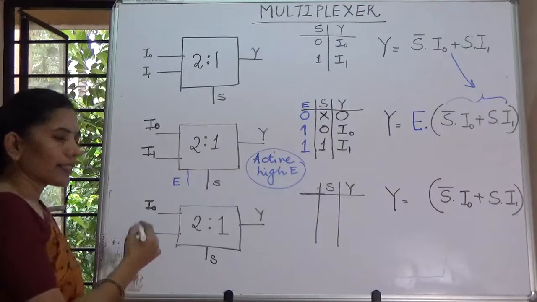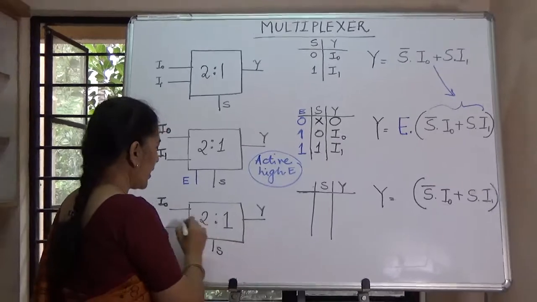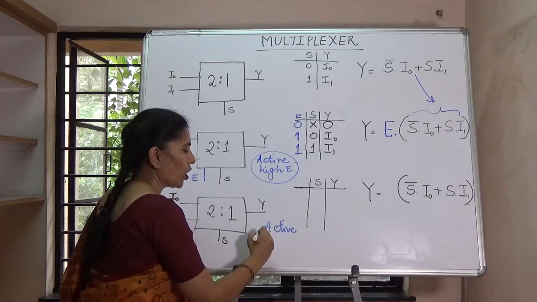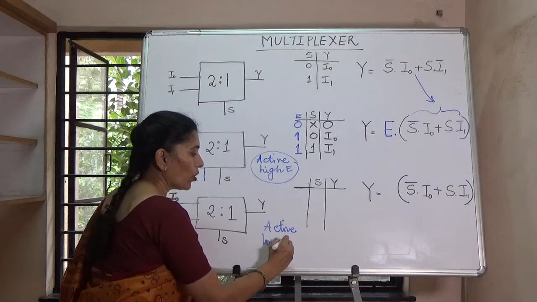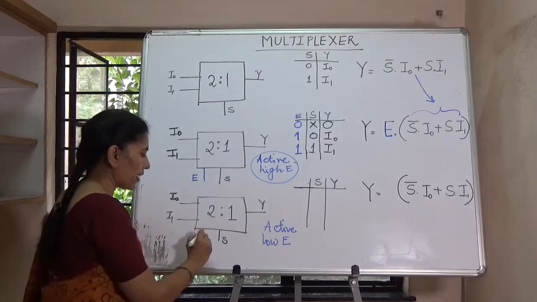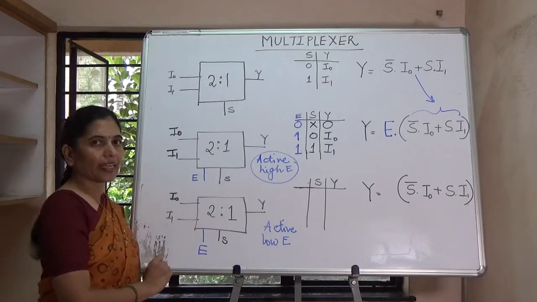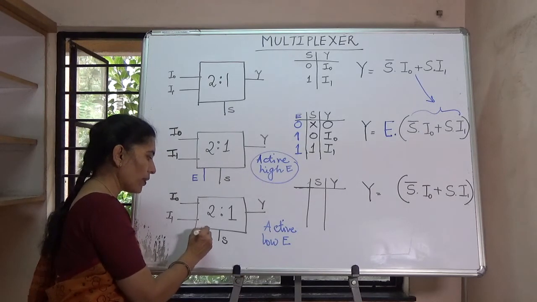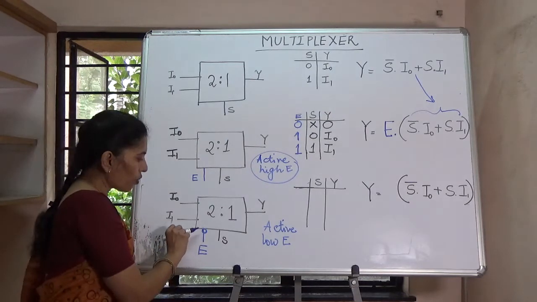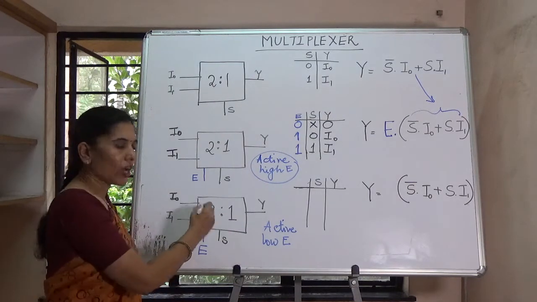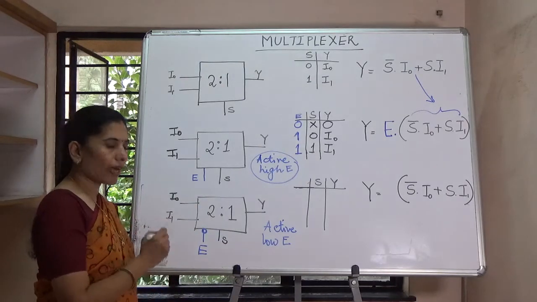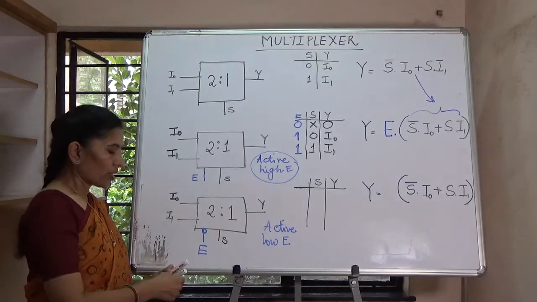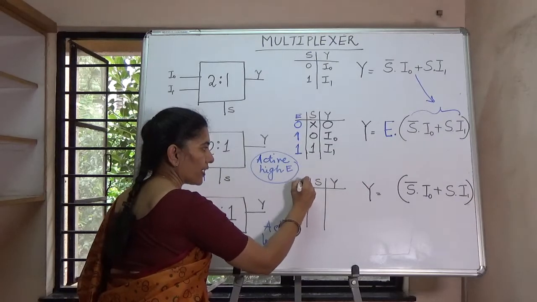However, a second case may also be there, that the enable input is active low. That means enable the multiplexer function only when the enable input is low, and that can be indicated by the input line E. To indicate that this enable input is active low, it is typically shown with a bubble at the input. A bubble over here indicates that this IC or this multiplexer would function as a multiplexer only when the enable input is low. Otherwise, it will not. So let us see the introduction of E in the table.